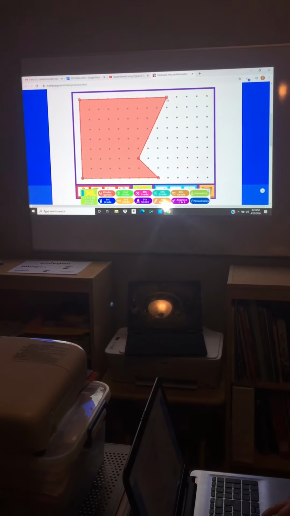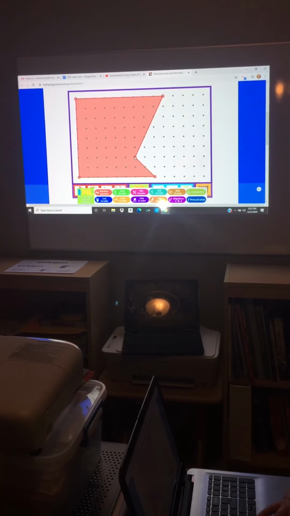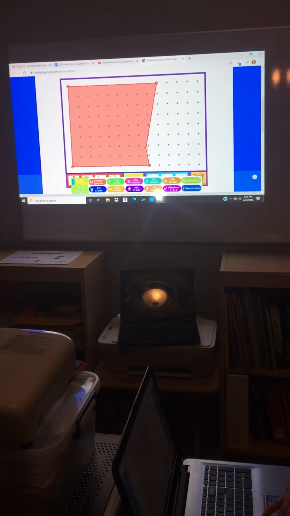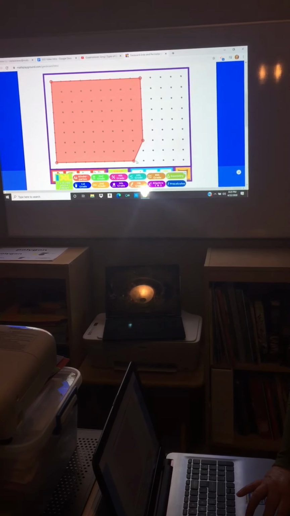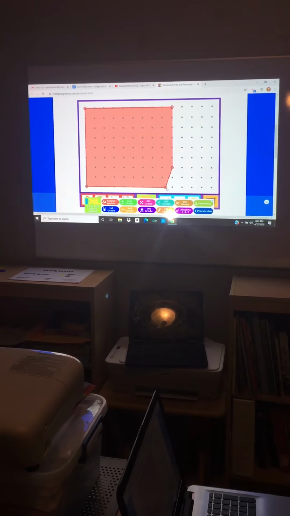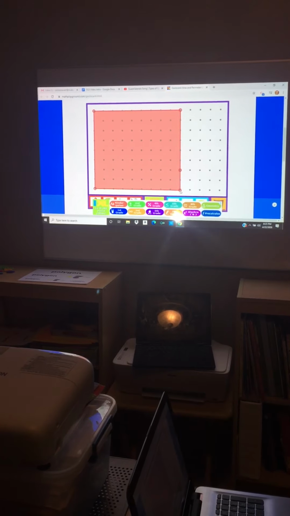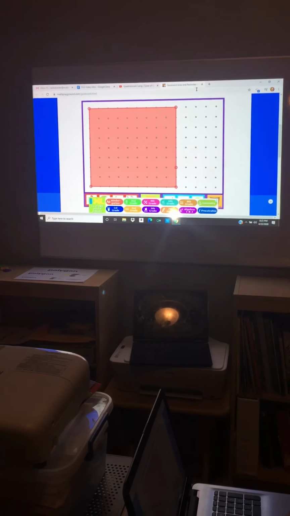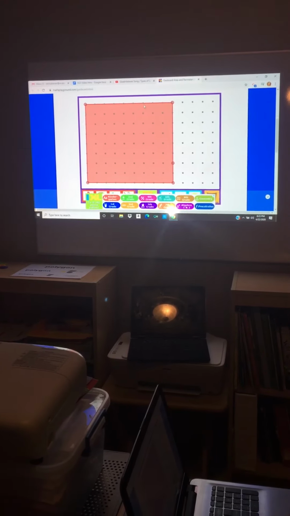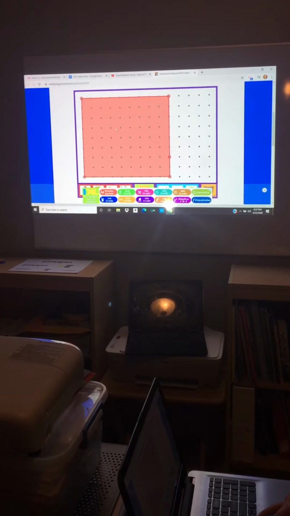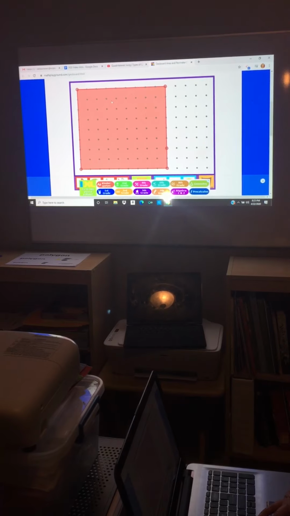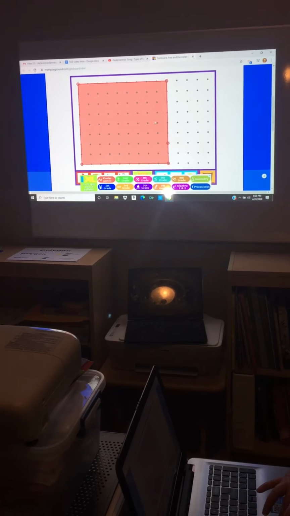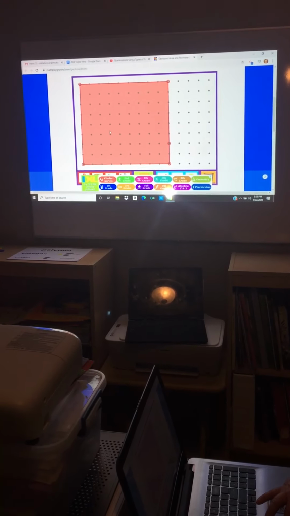You can make one and maybe get a sibling or parent or someone, a friend, whoever you're able to see right now, and see if they can guess what figure that you're making. You can talk about the angles, whether they're right angles, obtuse, acute. This is our quadrilateral, our mystery shape for the day. It is a square. It is a polygon because it's 3 or more sides, straight line segments, closed figure.